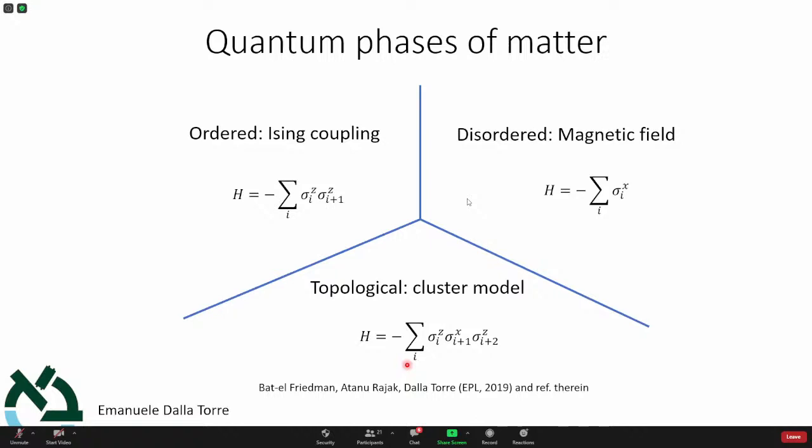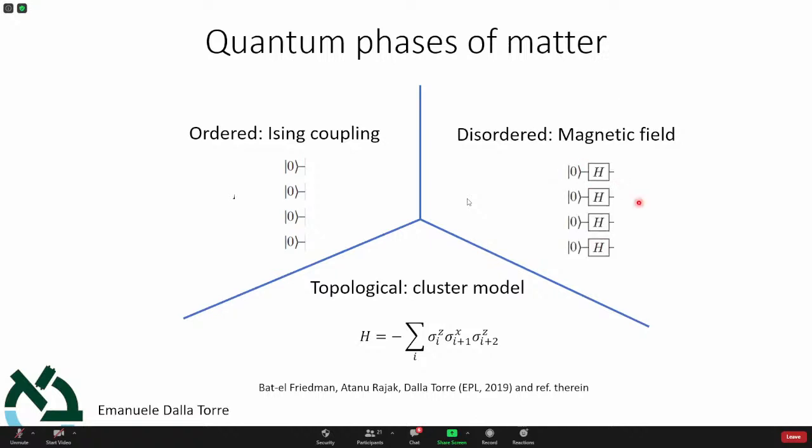And what I'm trying to say is that in quantum computing, what we should really look at is not the Hamiltonian itself, but rather the ground state. So asking, can I prepare the ground state of the Hamiltonian? In the case of the Ising spins, it's very simple. Just do nothing, right? If you prepare all the qubits in the 0 state, then you did it. You have the ground state of this Ising Hamiltonian. How about the magnetic field? For the magnetic field, I can also do that. We just prepare all the qubits in an equal superposition of 0 and 1. We just apply a Hadamard to each qubit.